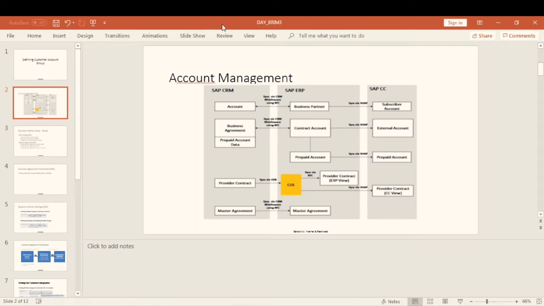These are the different payment methods we define while configuring the business agreement, and we will assign these payment methods to the business agreement class.